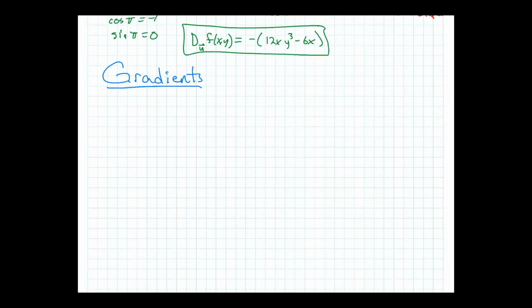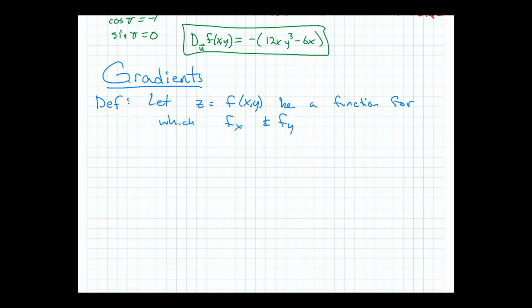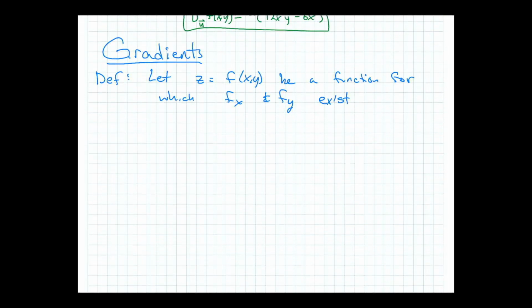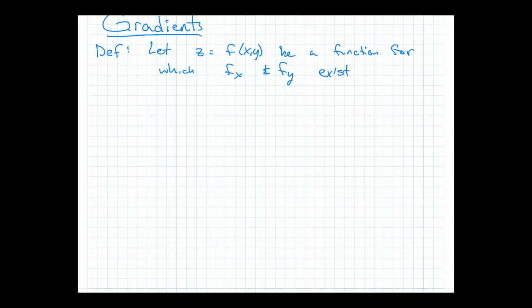Gradients. Okay, so this is going to be just a definition here. This is what a gradient is. Definition. Let z equals f of xy be a function for which fx and fy exist. So that's just the same as the previous theorem. The gradient of f